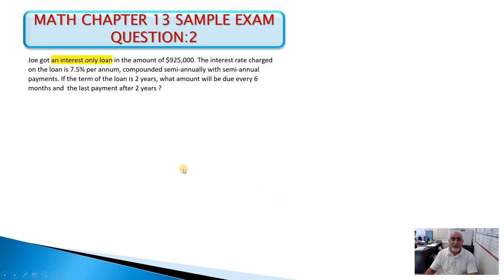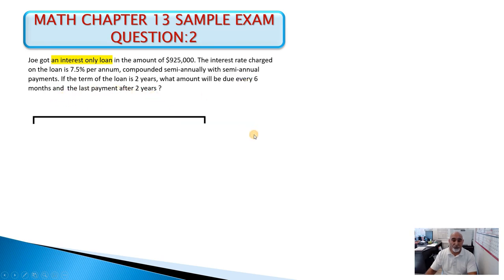Okay, let's take a look at question 2. Joe got an interest-only loan in the amount of 925,000. The interest rate charged on the loan is 7.5% per annum, compounded semi-annually. Right away, you know that's J2. J2 equals 7.5. With semi-annual payments means payments are going to be happening every 6 months. That really doesn't need to be there. If the term of the loan is 2 years, what amount will be due every 6 months and the last